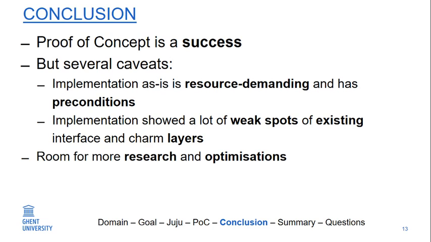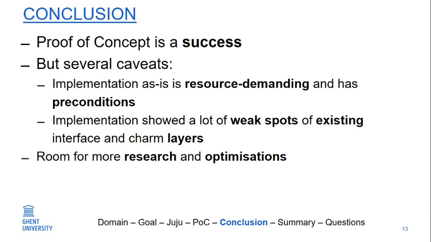So, conclusion, right? The proof of concept was a success, which I already discussed, but there are some caveats. There are things that aren't as clean or as efficient. First of all, the model becomes bigger, so there are more nodes, more resources. On the other hand, I said there are preconditions, right? Prerequisites. I need my MongoDB service up and running, and I need a relation with it. I need the same with MySQL. I need the same with Postgres.